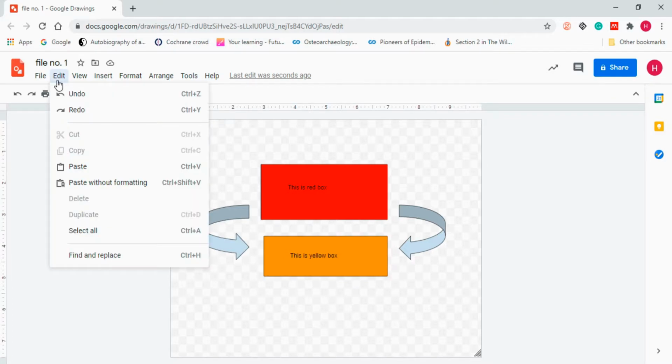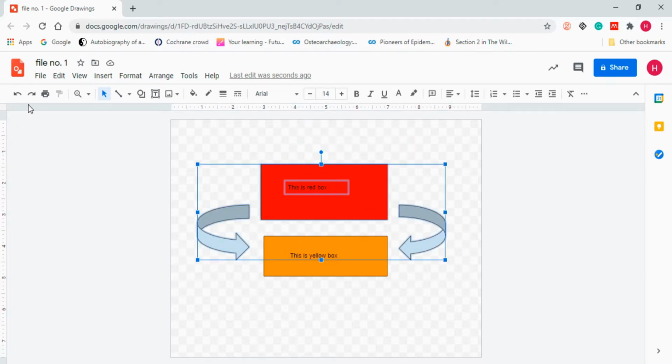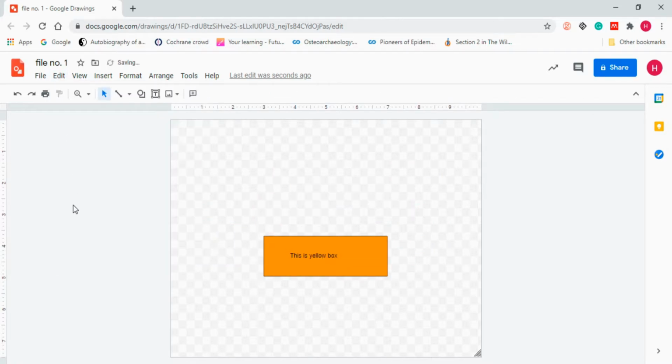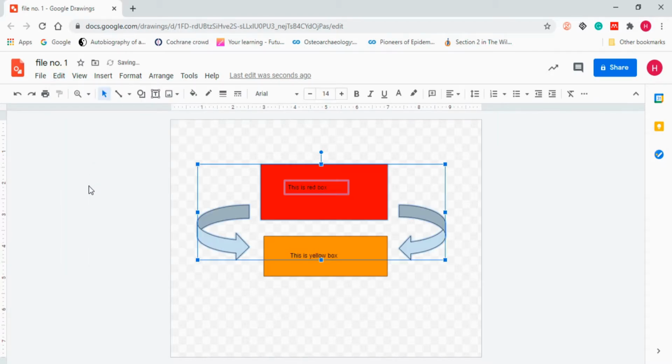Now after this we have another option, cut, copy, paste. Now cut and copy are not working because we haven't selected anything. Now let me select this. Now this is selected. I will cut this. Click on Edit, Cut. Now you will see it has been removed because it has been cut from our drawing. Now if we want to paste, then click Ctrl V. Now you will get the same thing that you had earlier, because that was cut, now it is pasted.